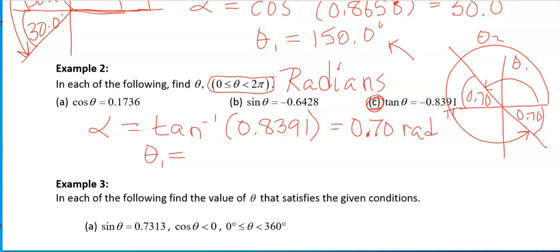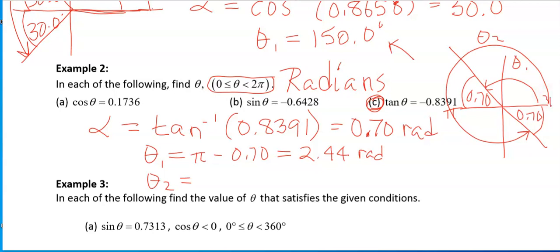Excuse me, not 180 anymore. So one of my answers would be pi minus 0.70, which is my reference angle. And that should give you 2.44 radians. So there's one solution. And your theta number 2, your second solution, you're going to have 2 pi, which is